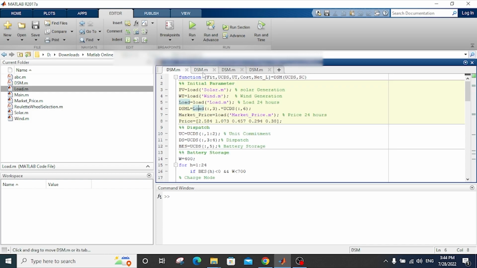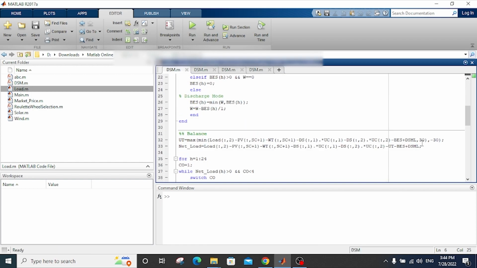As you see here, this is for the 5%, and this is the unit commitment dispatch 6 status. It will be optimized by the function, and the status of the demand side is on in this hour or off in that hour. Then the same thing for all the demand side management, as you see here, and this is the factor that will be included in the balancing demand side management load,